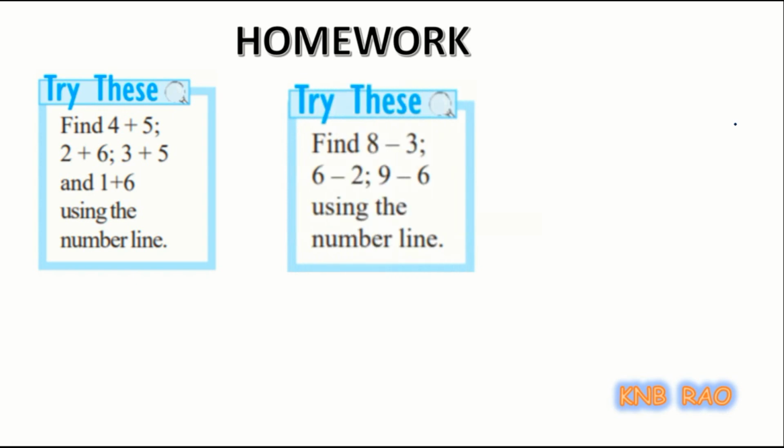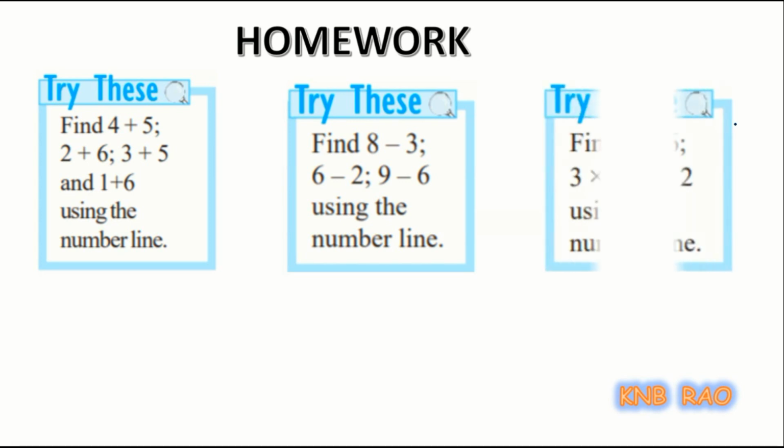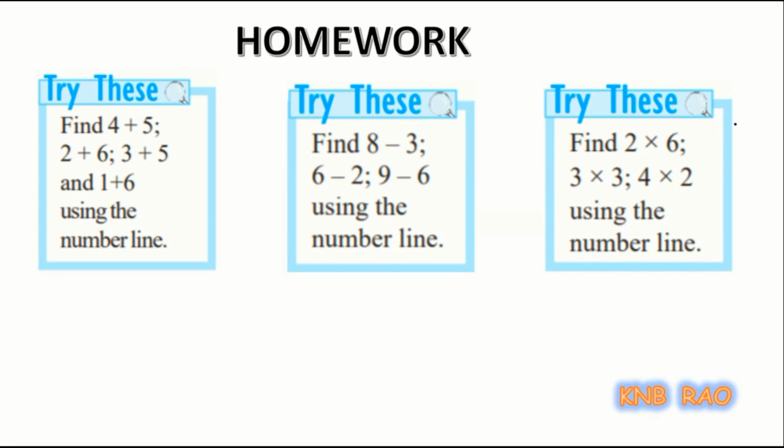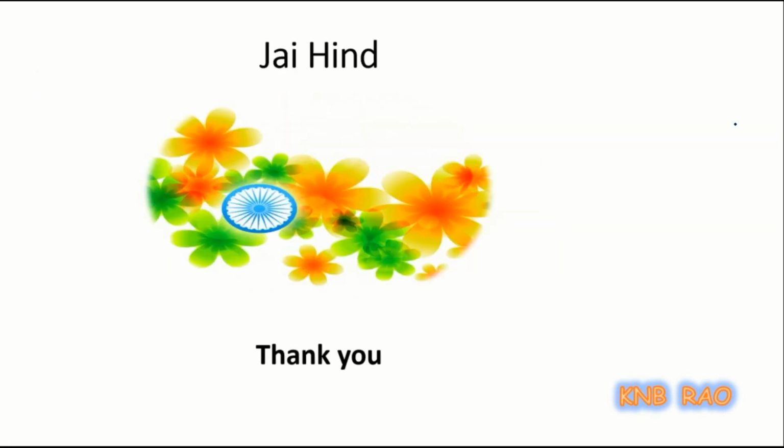Then the second homework I am giving is on subtraction of numbers on the number line. 8 minus 3, starting from 8, 3 unit jumps to be done towards left because you are subtracting. So you will reach somewhere at number 5. So you have to draw 3 separate number lines, one for each situation. And I am giving one more homework for doing product or multiplication of numbers on number line. Simple ones. So with this I am stopping our session.